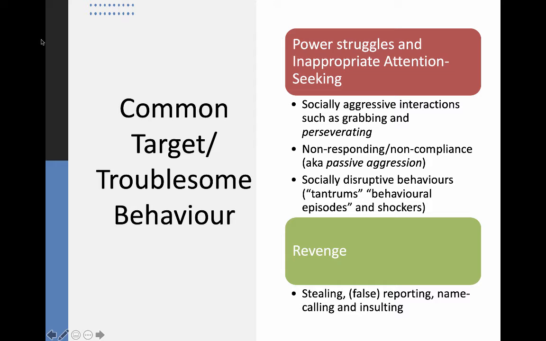The next class of behaviors in this area is the socially disruptive behaviors area. Sometimes people refer to these as tantrums, and once again, I'm not a big fan of that term because the word tantrums are really associated with little children, not a very dignified terminology. So instead, you might hear people refer to behavioral episodes or acting out. And what they're talking about is people who are being apparently intentionally disruptive in public spaces, yelling, kicking their feet, slamming objects, that sort of thing.